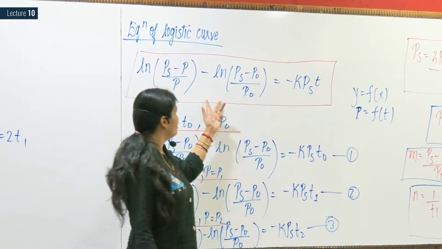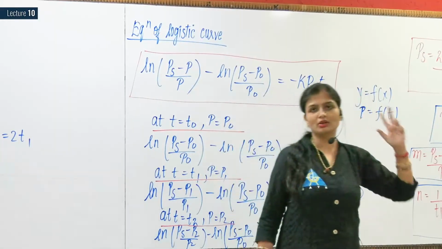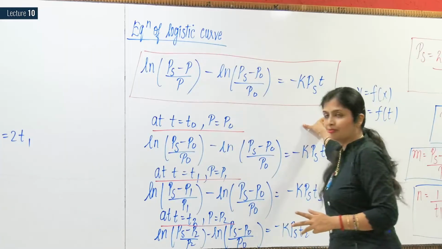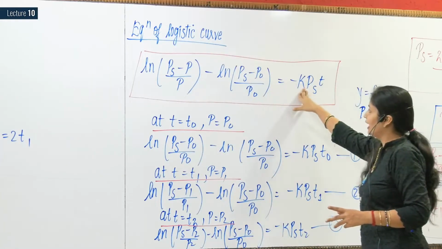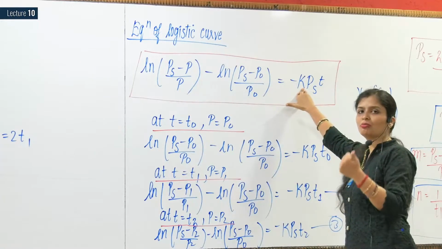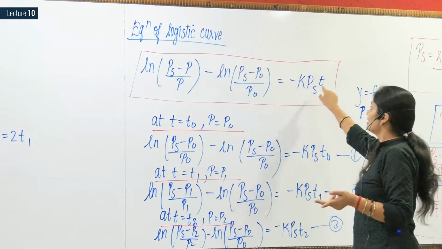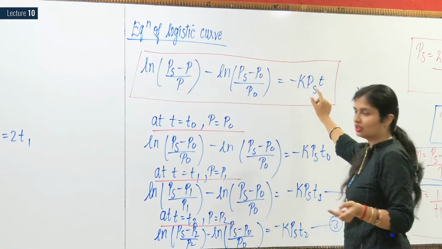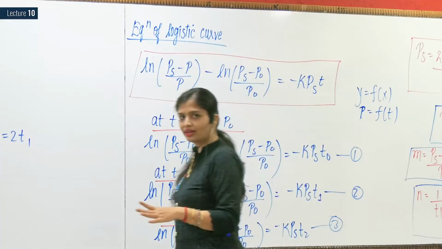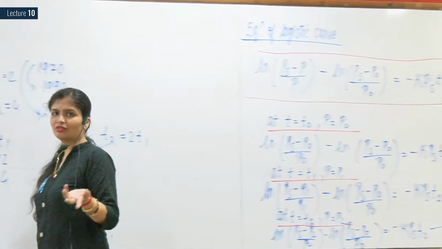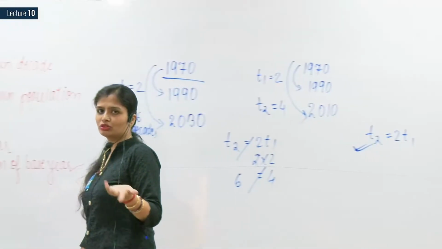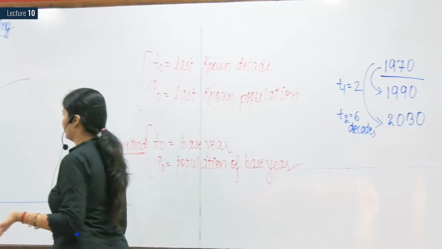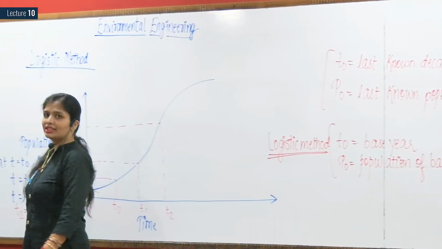So you should memorize how this equation is basically written. And if they ask you about K is a constant which depends upon P0, P1, P2, PS is the saturation population, all these things you should know, right? That is then only a 1 mark equation question you will be able to solve if it comes in the objective. Okay. Now, this is clear to you.